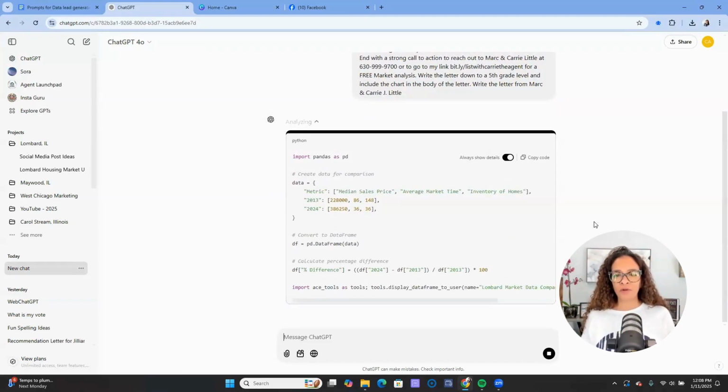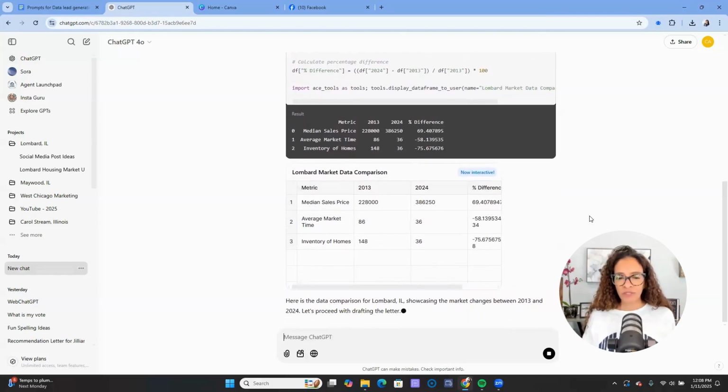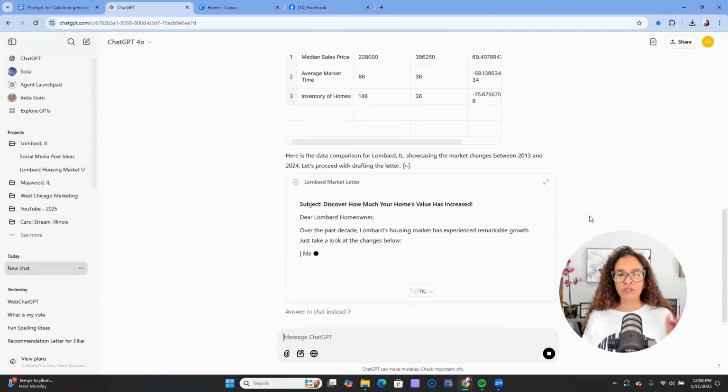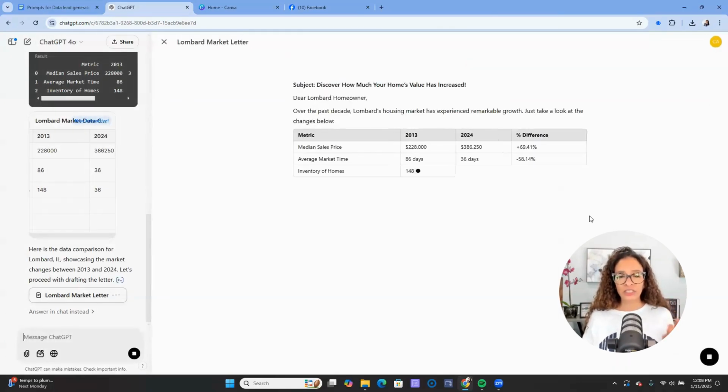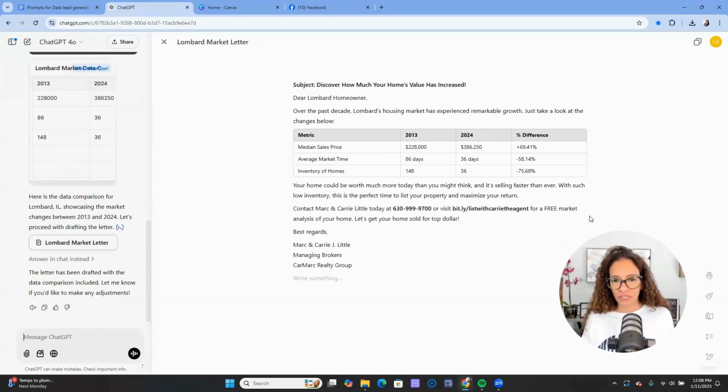So this is the prompt that we're using if we decided to create a letter. So ChatGPT already wrote the letter. So you could use this in Canva to start marketing today. Now, how would I do this? So I would hop over to Canva